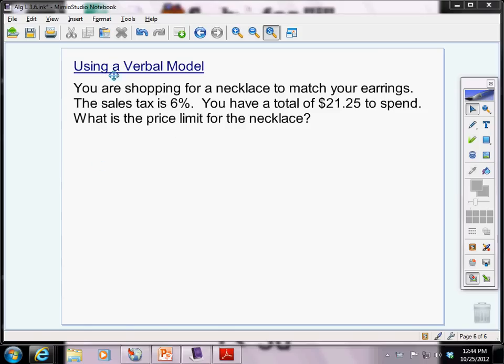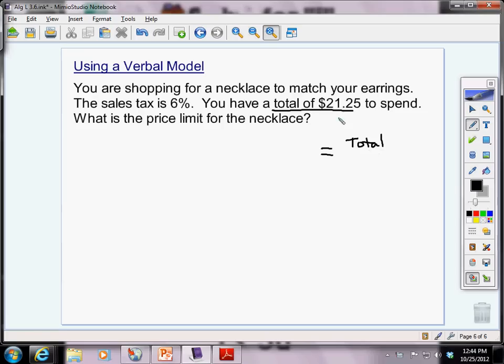Okay, we can start by using a verbal model. Remember, that's one of our problem-solving strategies. What I always think of is right here. I know what my total cost is. So after I add everything up, it has to equal my total cost. And I know my total cost is $21.25, but let's just think of it in words right now. Okay? So to get that total cost, what I have to do is take the price of the necklace